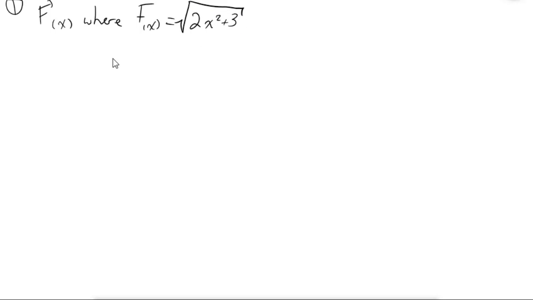Example number 1. Find f prime x, the derivative of big F x, where the original function big F of x is equal to the square root of 2x squared plus 3. So we're going to break it up again. I realize I already did this, but just for practice,